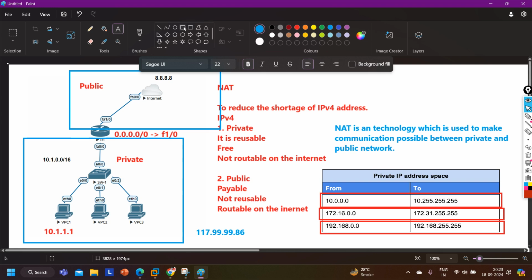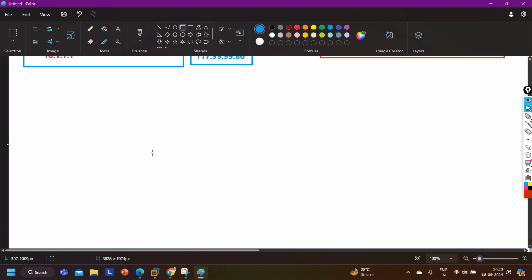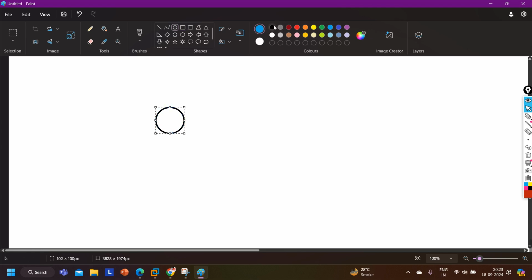So I am reaching the internet with the help of this public IP address. Now, guys, how does NAT work? So see what will happen here. Let's say here I have one router. Then I have one switch.